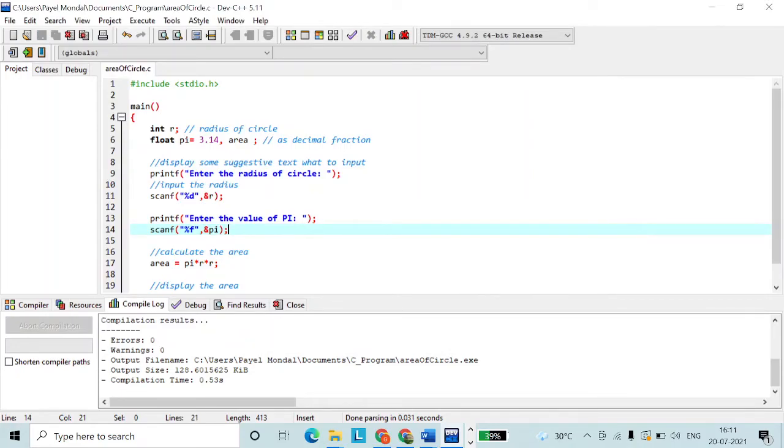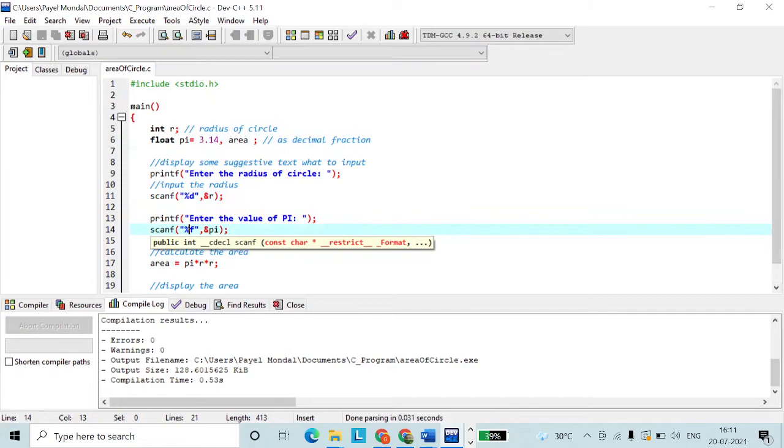Okay. Now we are going to display another example. The same way we are using float, we can use double. Here, instead of float it will be double, and the rest is the same.